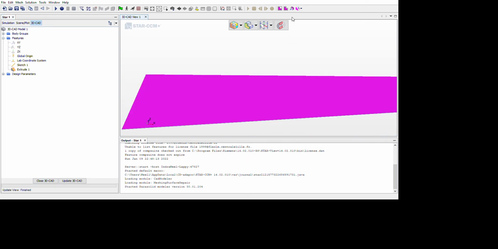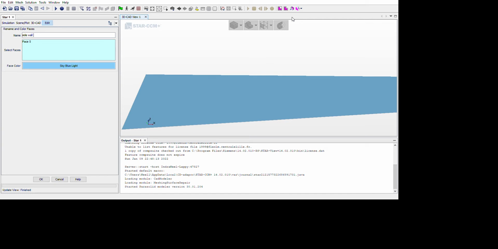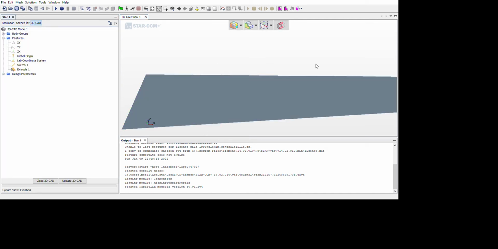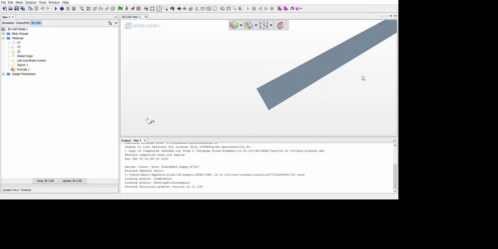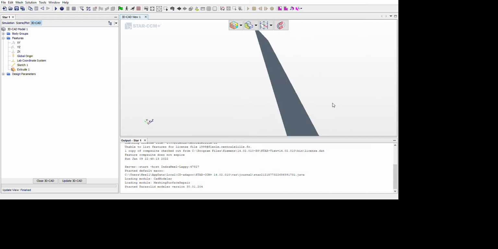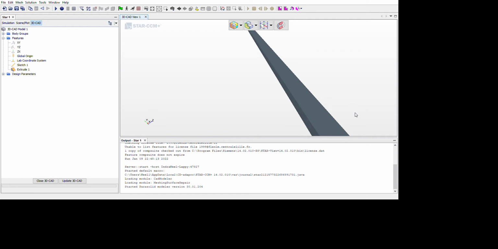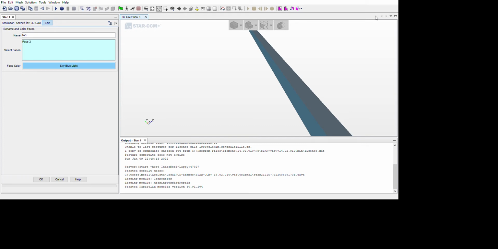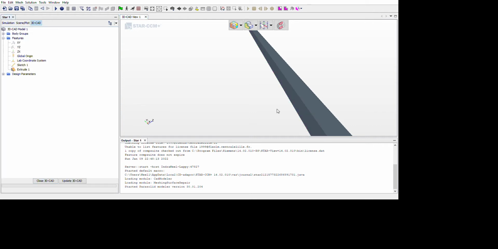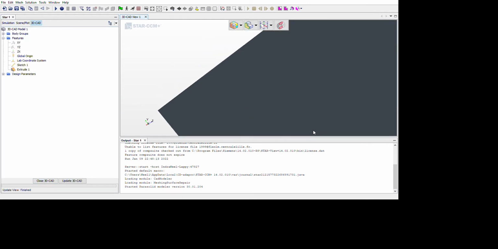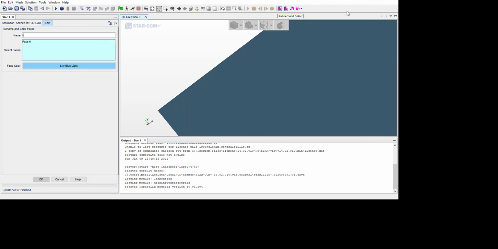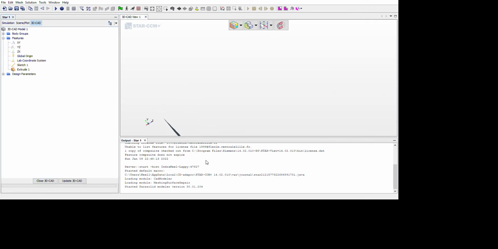This is my side wall 1. This is my top wall, or you can just write the top. This is my side wall 2. And we are left with the outlet.